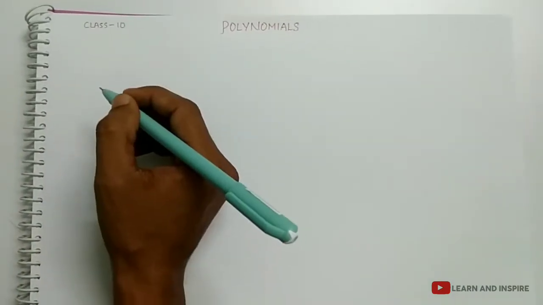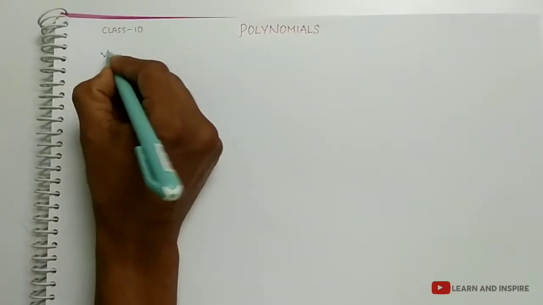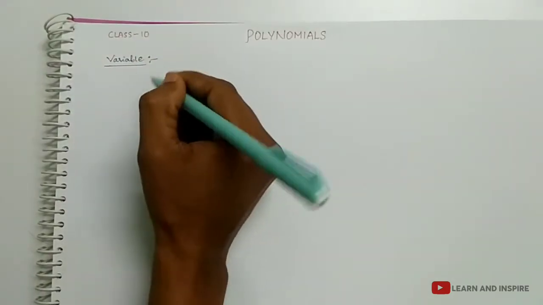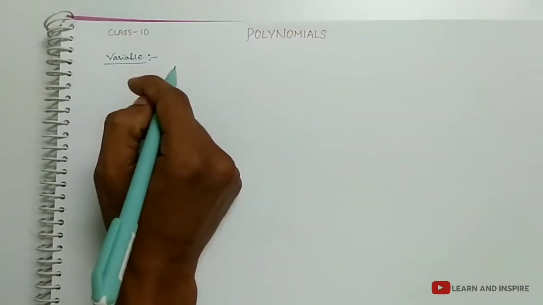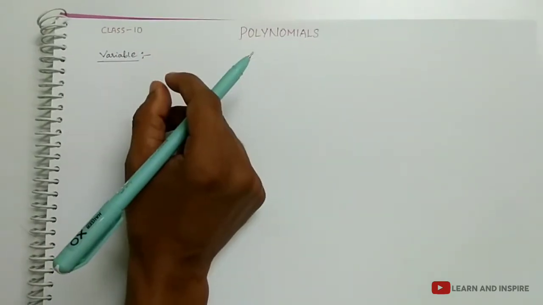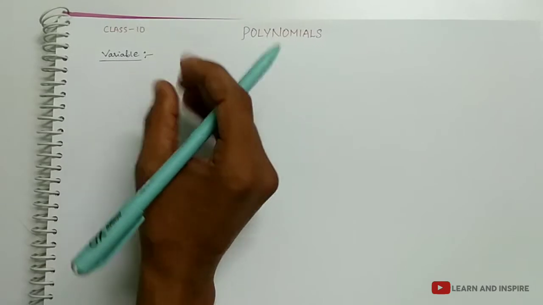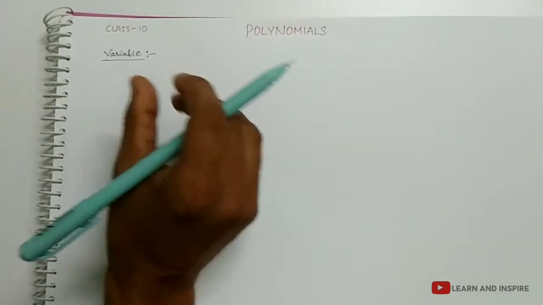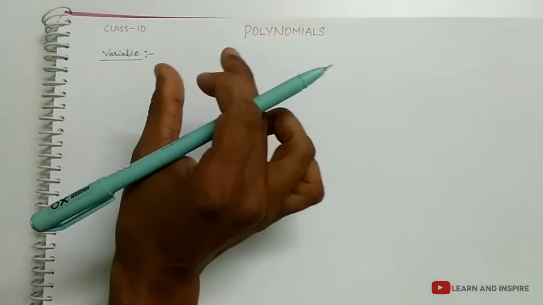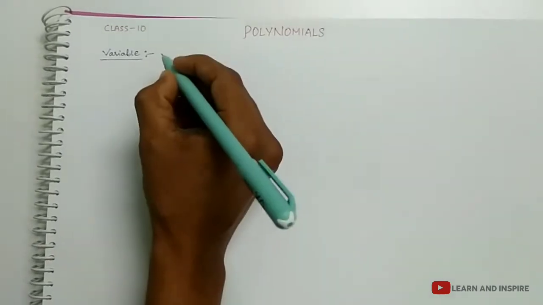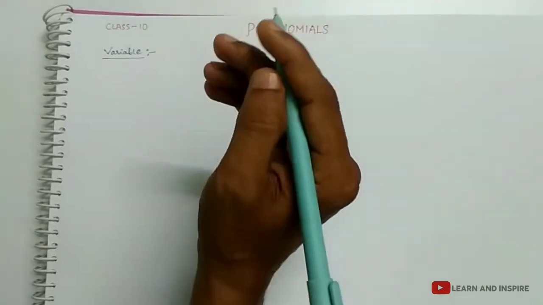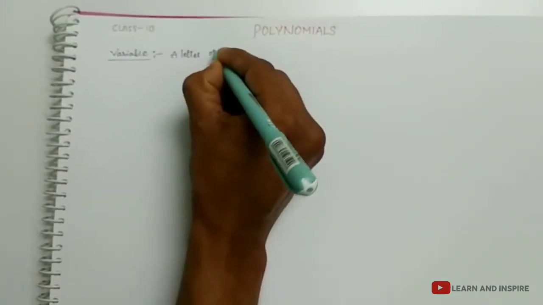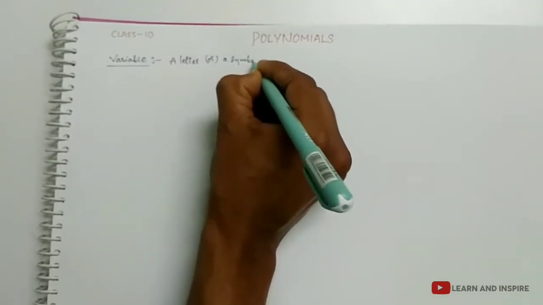So what are those key concepts? The first one is a variable. All these we have already learnt in class 7, class 8 and class 9 also. So what is this variable? A variable is nothing but a letter or a symbol which can take various numerical values. That means the value changes. The values that change are called variables, and these variables are represented with letters. So what are those letters? We can take a, b, c, d, so on, x, y, z.